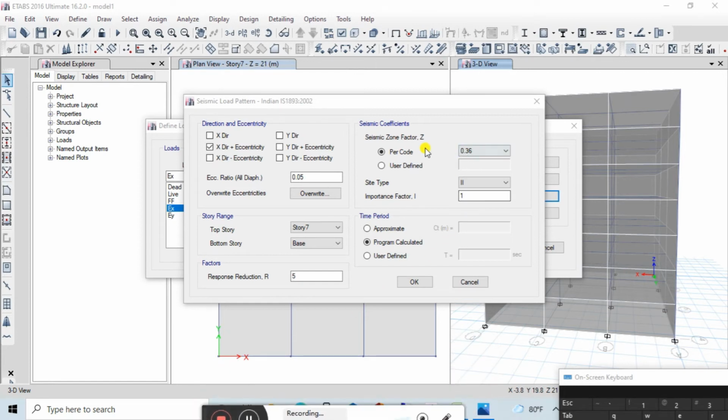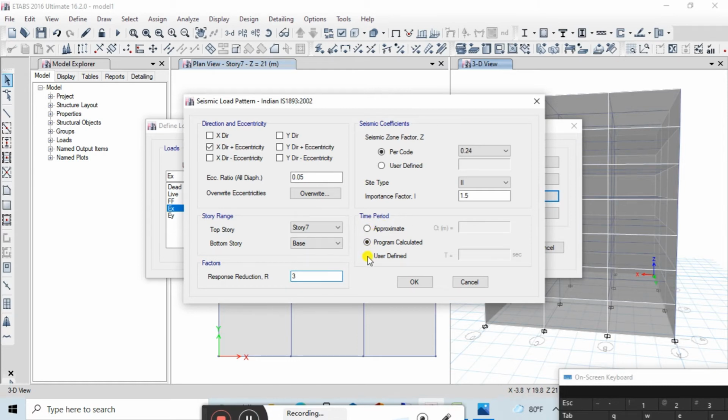So now we can select the zone factor as 0.24, soil type as 2, importance factor as 1.5, response reduction factor as 3, and this is the time period we have calculated.